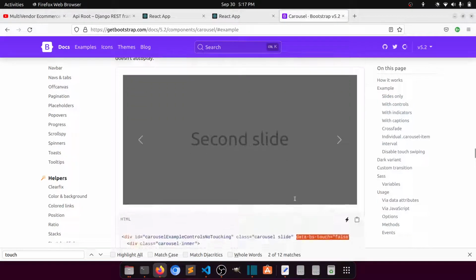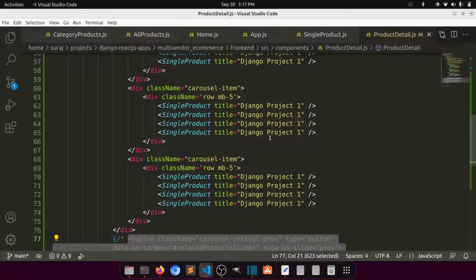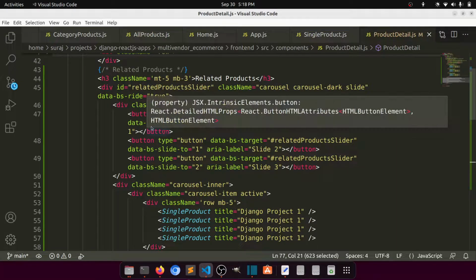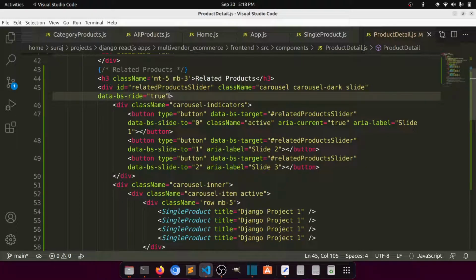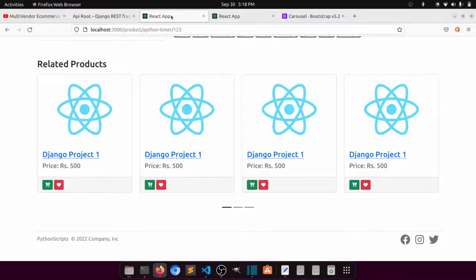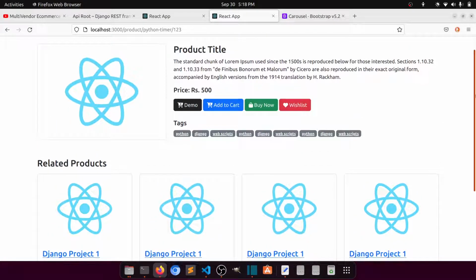Okay, so this can be disabled using that. Okay, so how we have given bs ride true and bs touch true. Okay, I think this is default active. Okay, all right, so we have applied the related product section in our detail page. Now let's apply